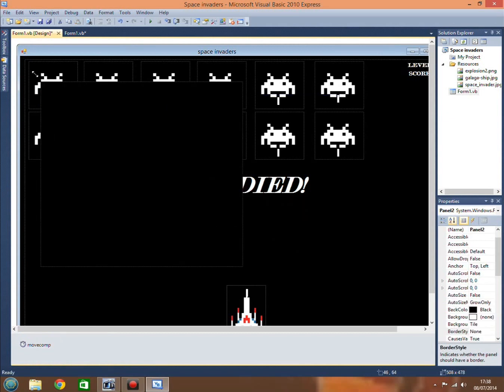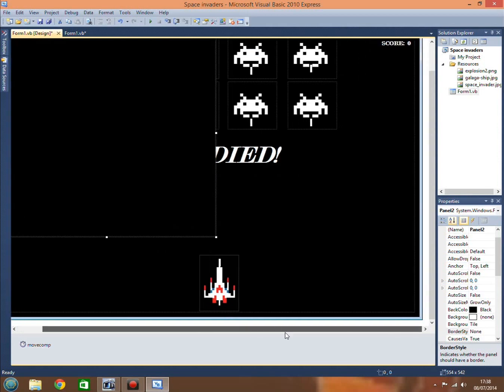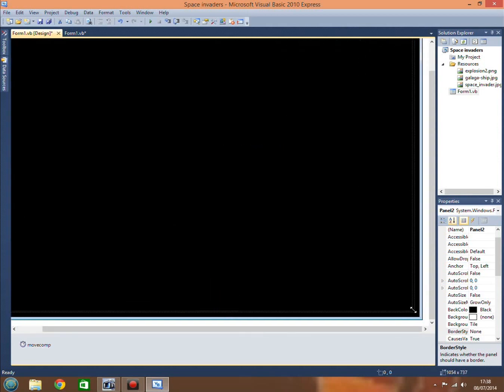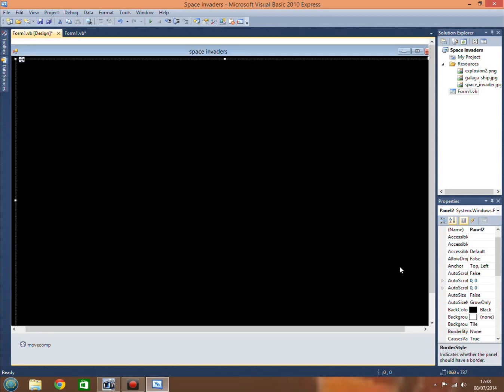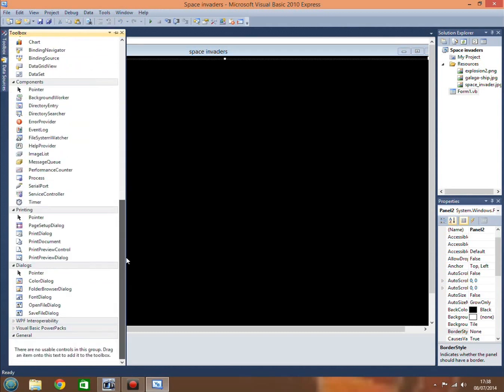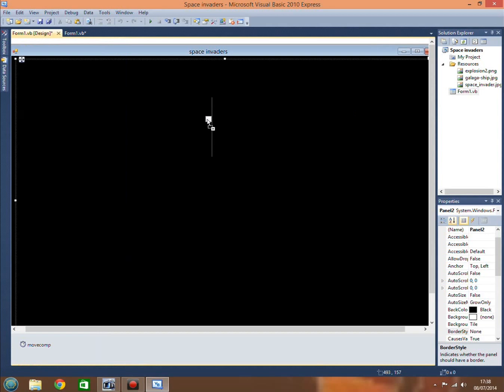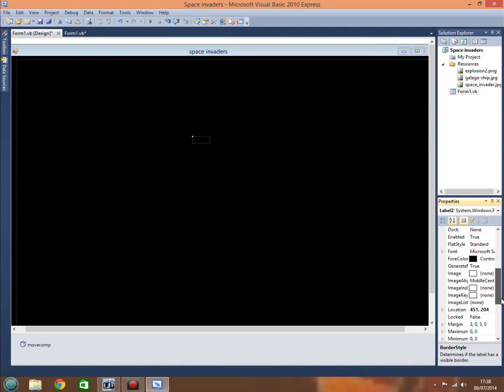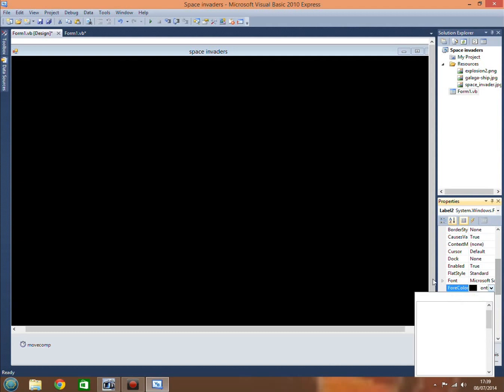We cover up most of the form with it, and this container, known as a panel, will contain our scoreboard. For this, we just want a load of labels. We obviously want to be able to see our labels, so when I find the color, there we go,